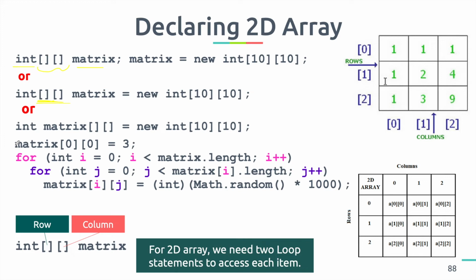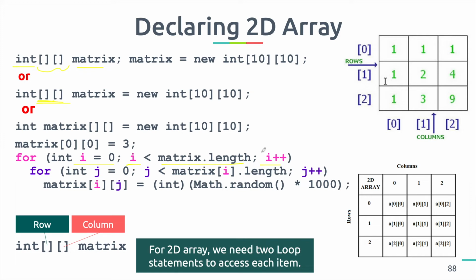So in a single dimensional array, we only need one for loop to iterate through all of the elements in the array, but that is not the case when we have 2 dimensions. When we have 2 dimensions and we want to iterate through all of the elements, we need 2 for loops. So the first for loop, or the outer loop, we start with an index. It could be called i, for example, and that is equal to 0, and then index i is less than the matrix dot length, which means we are looking at the rows in this case,